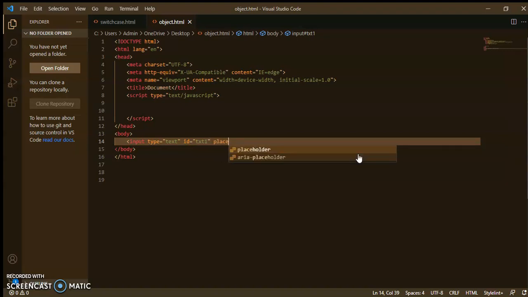This placeholder is just a name to tell the user to type something: type name.